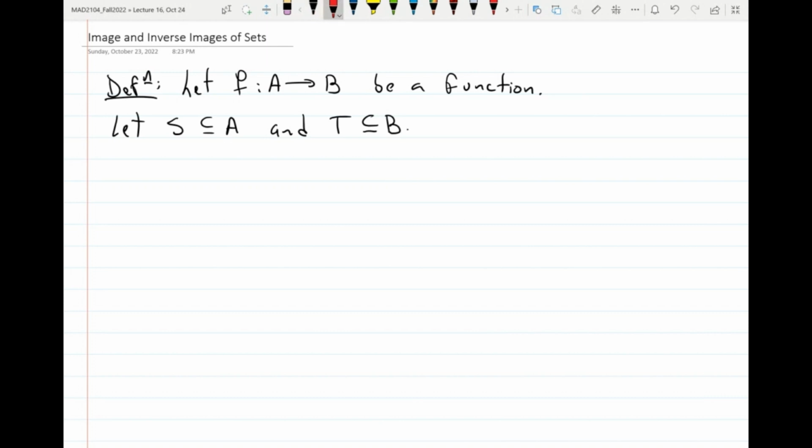So I'm going to define two things. Number one, for subsets of A, we can talk about the image of that set. And it will hopefully be what you think about. So the image of a function is just all possible outputs. The image of a set is all possible outputs when you take elements from within that set, okay? So then the image of S,